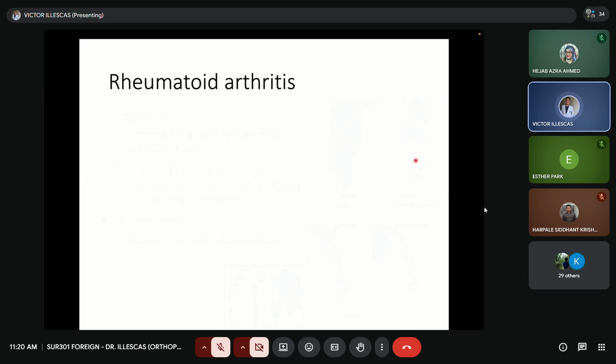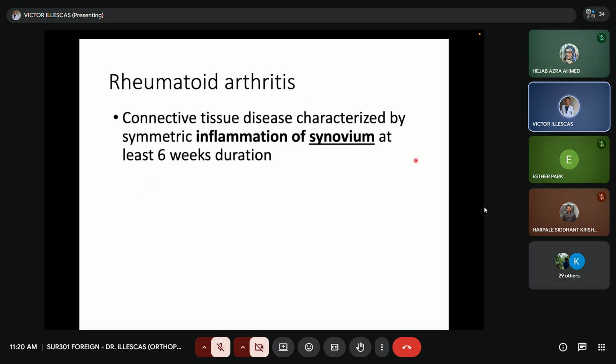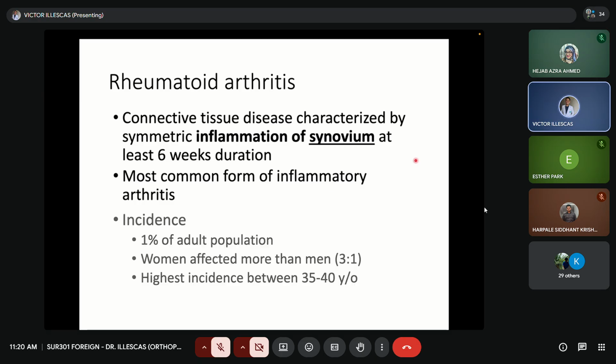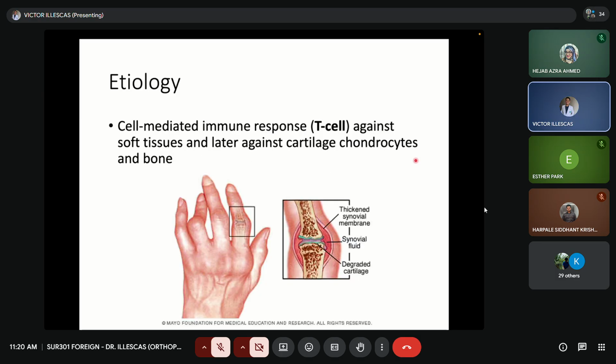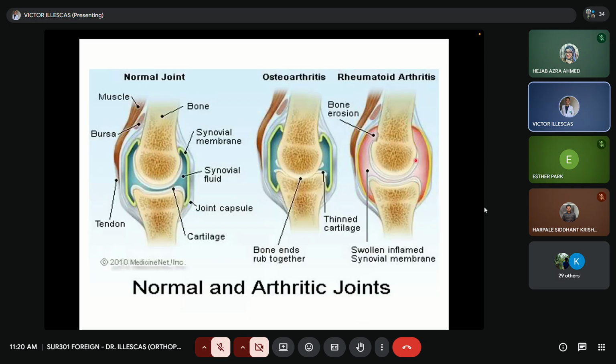How about rheumatoid arthritis? This is an inflammatory type of arthritis. There is asymmetric inflammation of the synovium of at least 6 weeks of duration. This is the most common type of inflammatory arthritis, with an incidence of 1% in the population, women being more affected than men. So what happens is that T cells